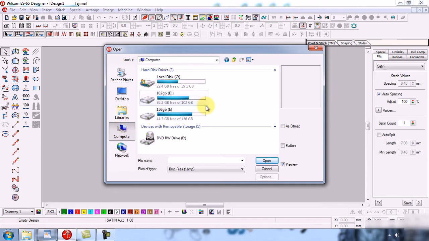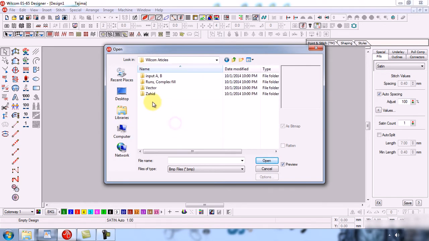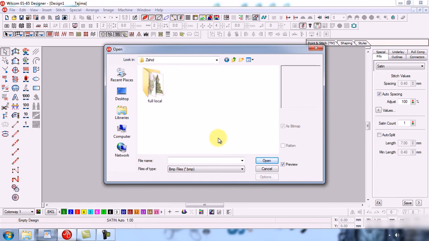For example, I have some images in C drive and in Welcome articles. I have to open an image in the Zahid folder. You have to click files of type and select the all files option.